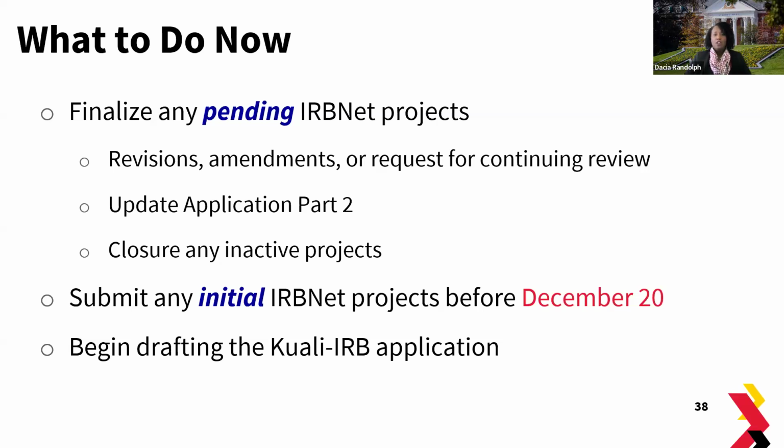All right. So the other thing to note is you want to close any projects that you're no longer recruiting for or enrolling participants for or collecting data for. So to simply close any projects that you have open, you just want to email the IRB office, and I'll provide their email address if you don't have it, but it is irb@umd.edu. And in that email, you definitely want to include the IRBNet ID number. So it makes it easier for them to find your project and ensuring they're closing the correct one.